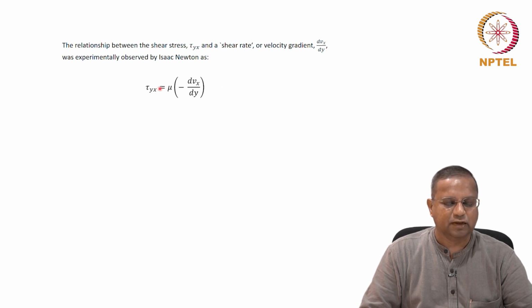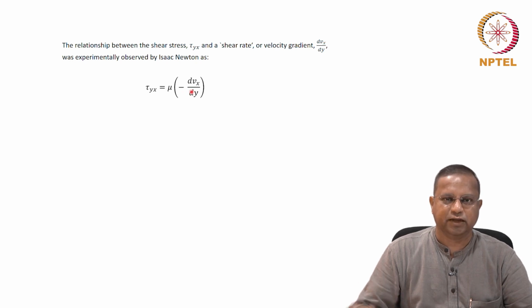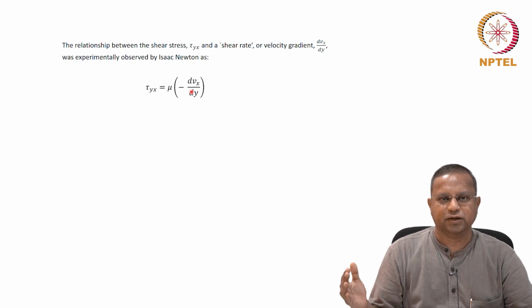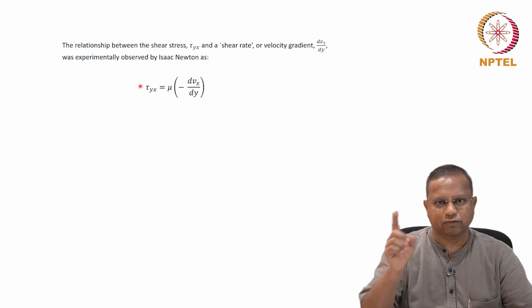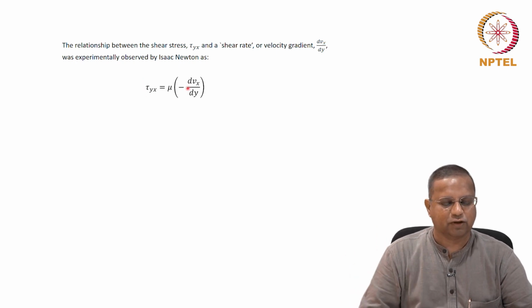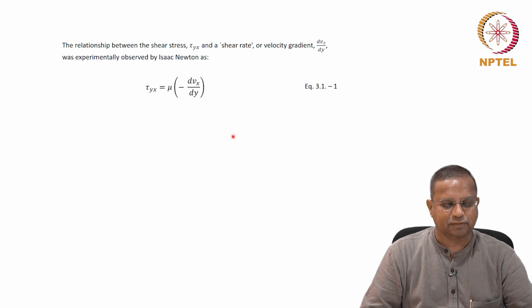Then we talked about Newtonian fluids, which have this kind of a relationship given by Newton based on his experiments: the shear stress is directly proportional to the shear rate, or the negative of the velocity gradient, and the constant of proportionality is called the viscosity. It's also called the Newtonian viscosity at times. You know how the negative comes about, because we typically take V2 minus V1 divided by Y2 minus Y1. However, this would be proportional to V1 minus V2. Therefore, you have a negative coming in here.